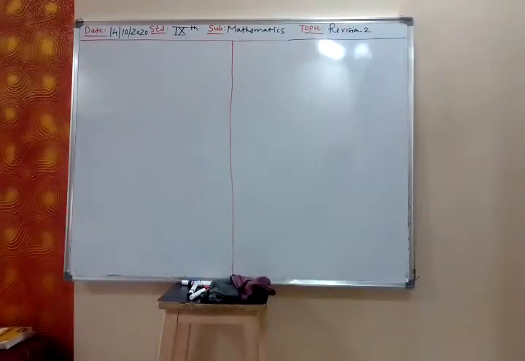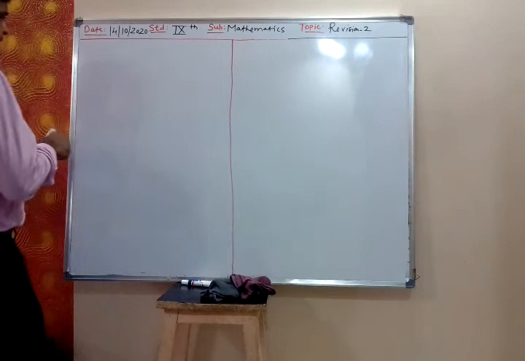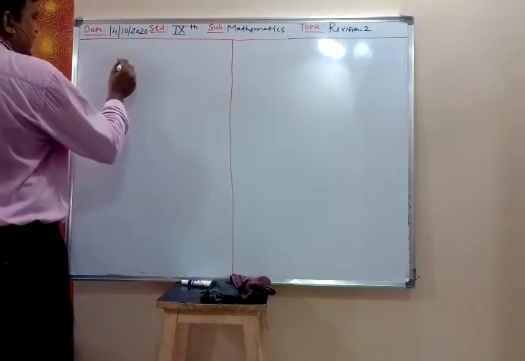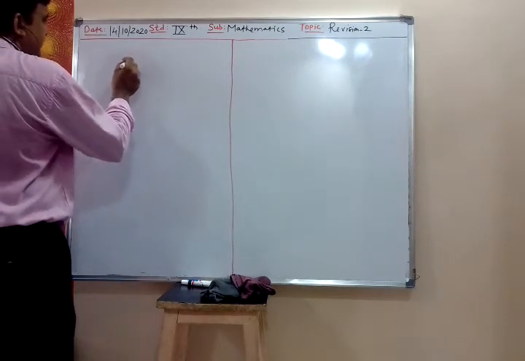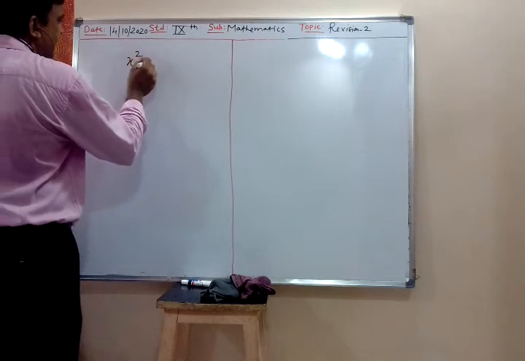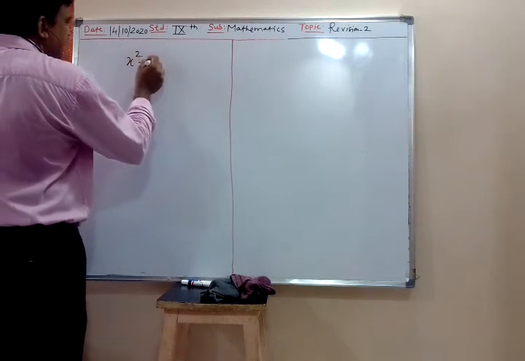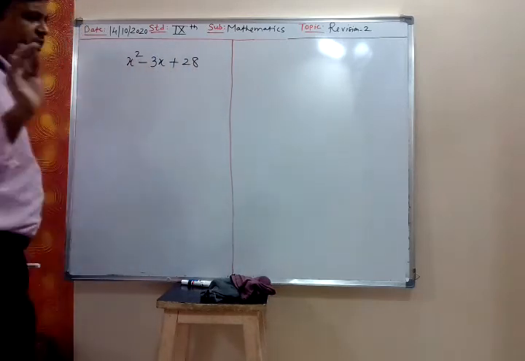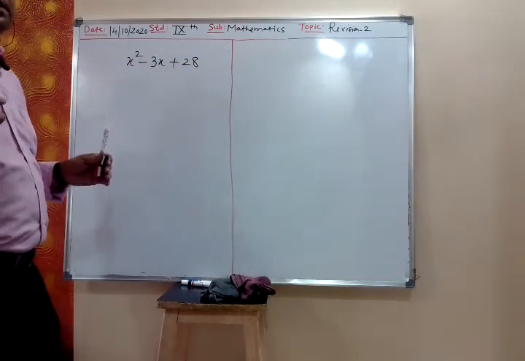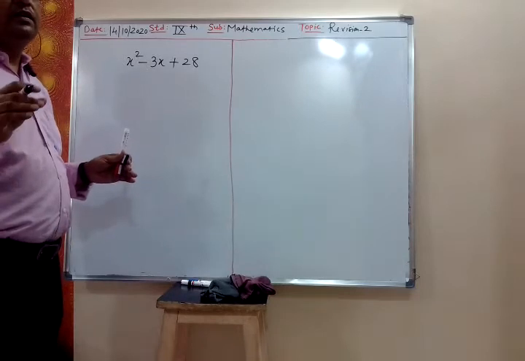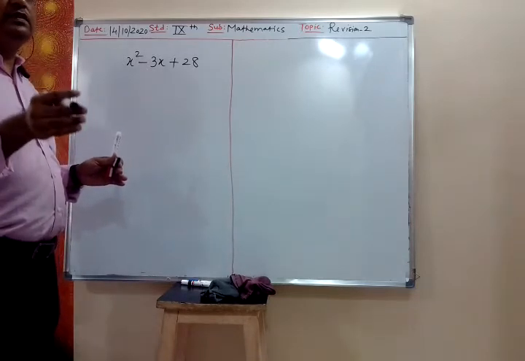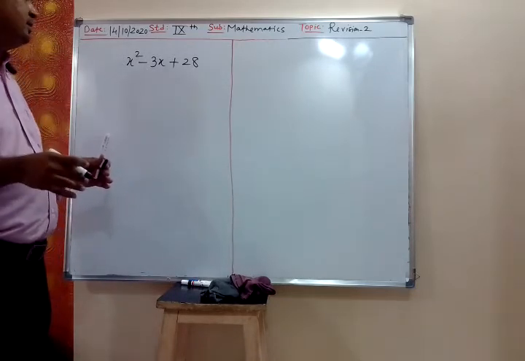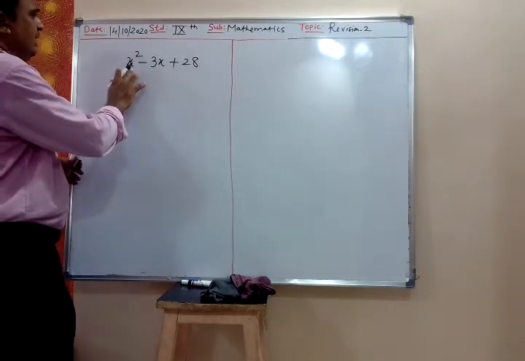Let us start first. Let me clarify the doubt of Gati. She asked me to give an example of a quadratic equation, for example x square minus 3x. She has asked for an example of a quadratic equation where the sum of two numbers should be this and the multiplication of these two numbers should be this.